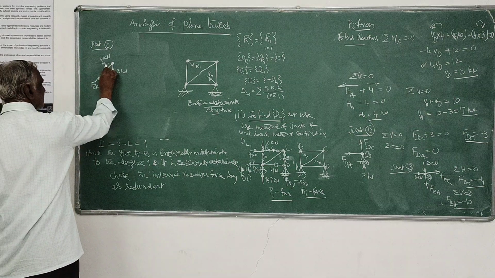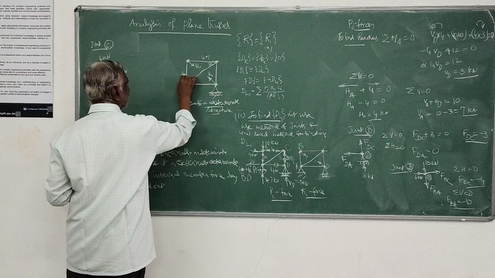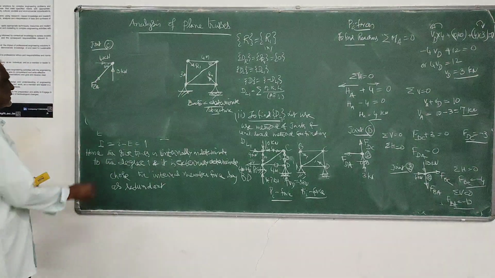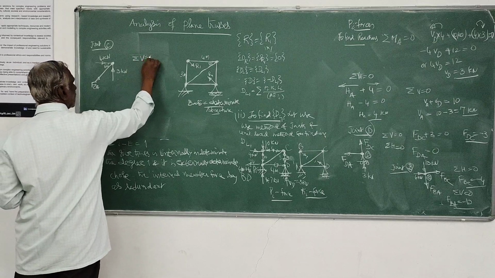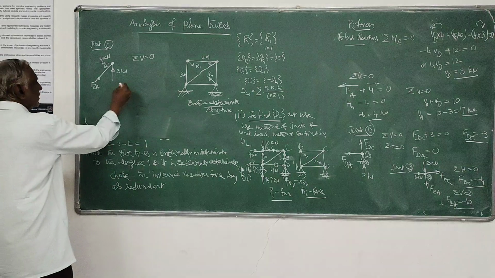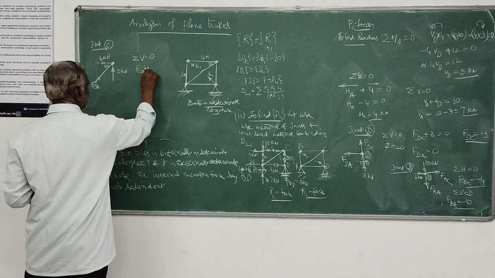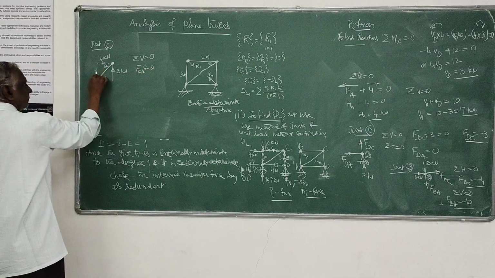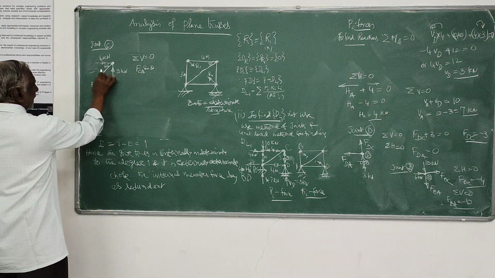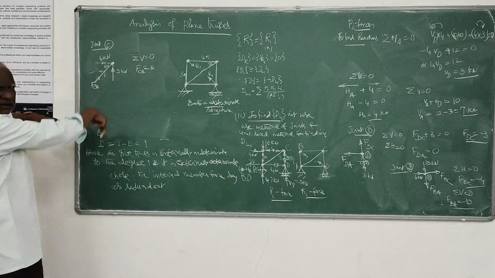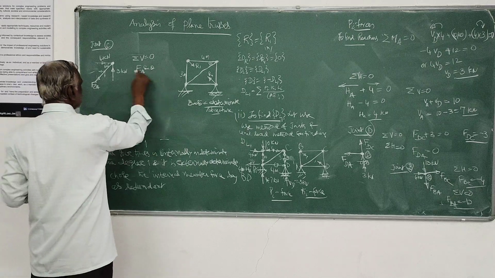I will call this angle as theta. That means this angle as theta. You can take it. That's the angle in this. Now I will adopt this, say, sigma V equals 0 or sigma H equals 0. I will take it. So I will get FCA. Sigma V means FCA sin theta, which is acting down. Right? This, if you resolve, it will be like this and like that. If you resolve, so this is FCA sin theta vertical, down.